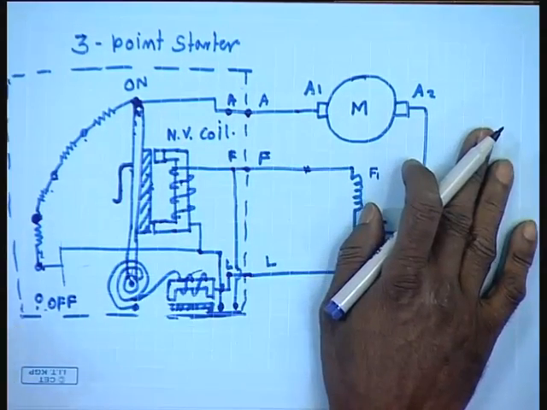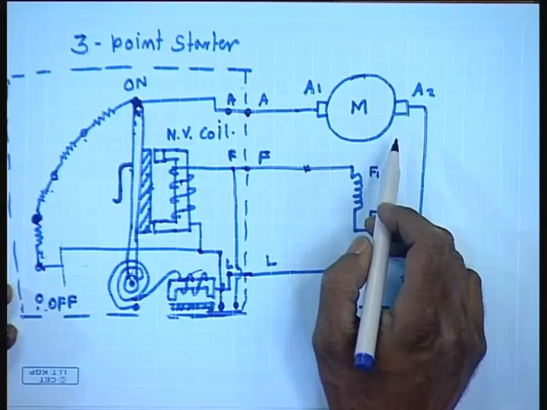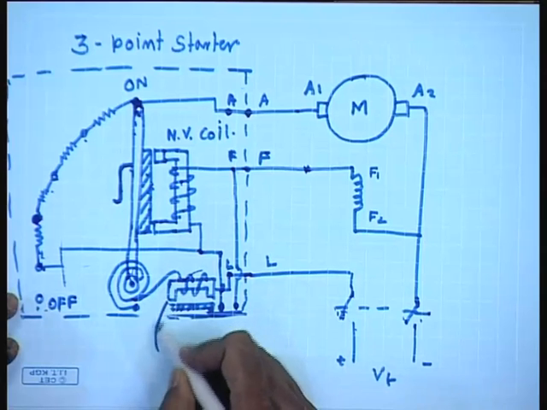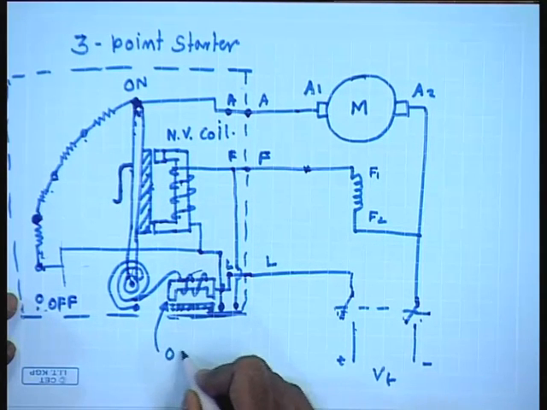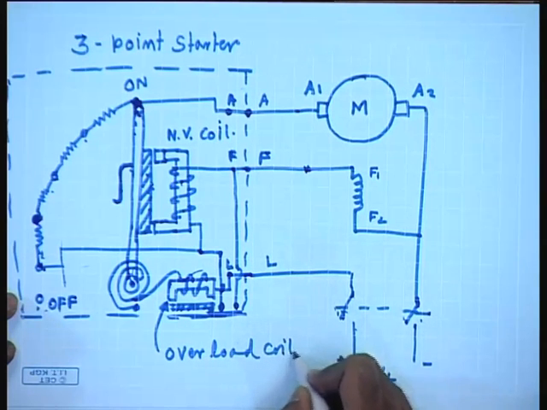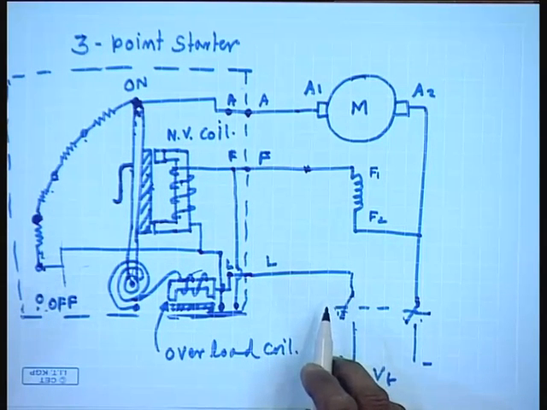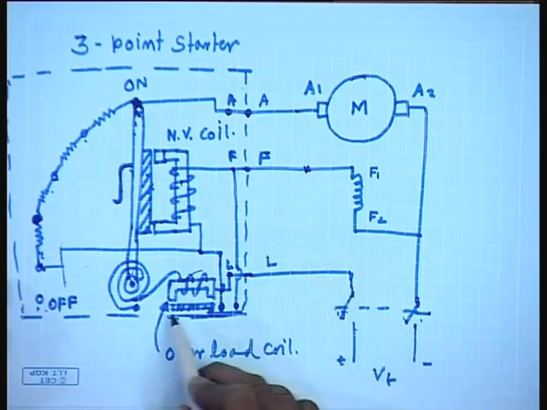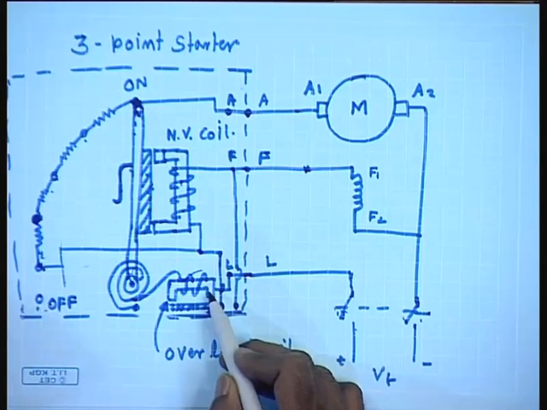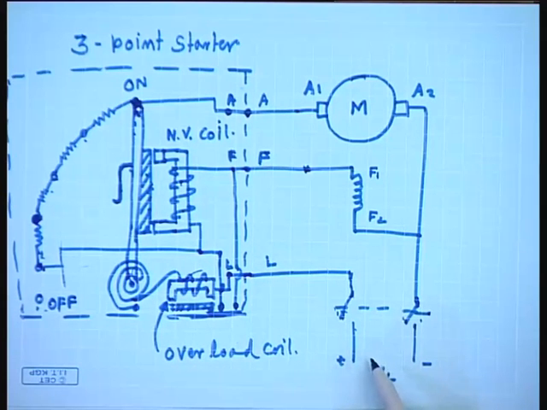So, the connection to the armature supply is disconnected. That is how the armature is protected from accidental opening of the field winding. In addition to this, there is also an overload coil which is connected in series with the load line. So, as long as the load current is within the permissible value, the pull of this electromagnet is not large